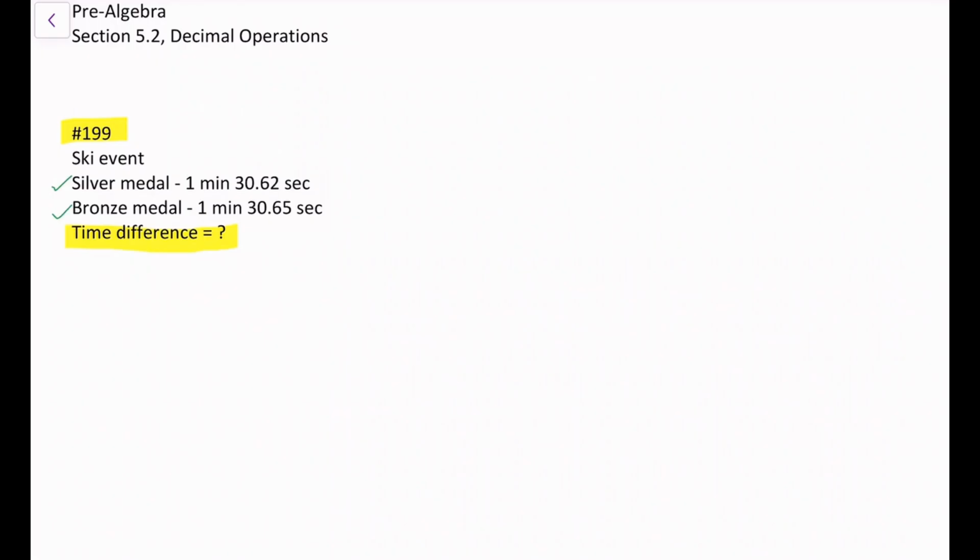So what I want to do here is separate the minutes from the seconds, right? And right off the bat, we see that the silver and bronze medalists both have 1 minute in their records. So 1 minute minus 1 minute would be